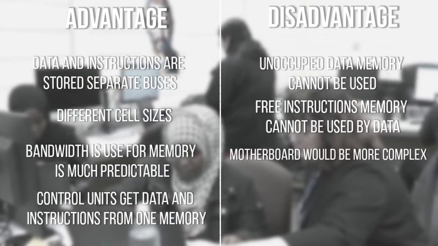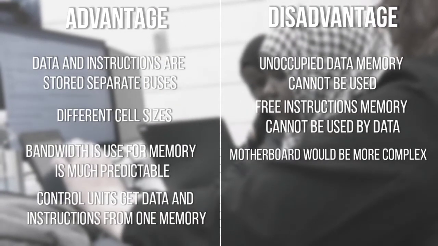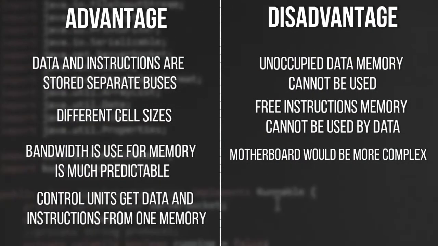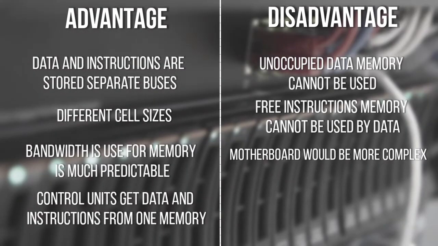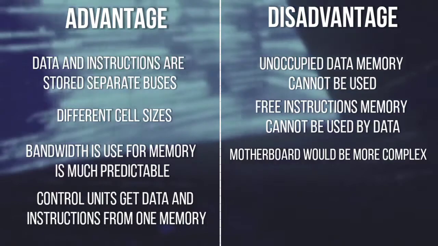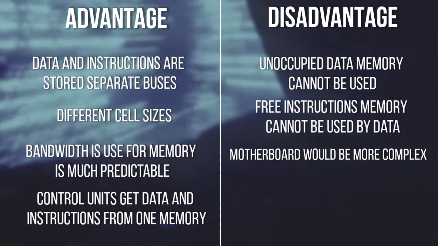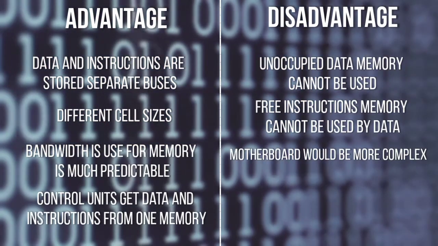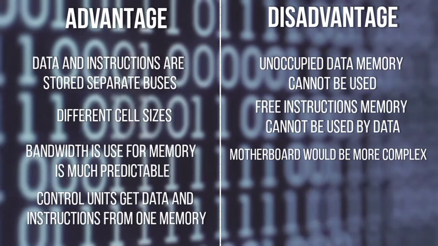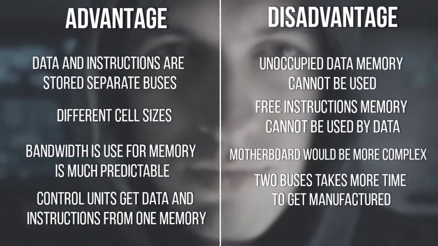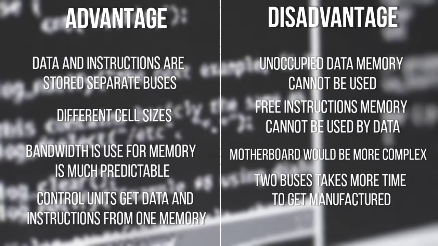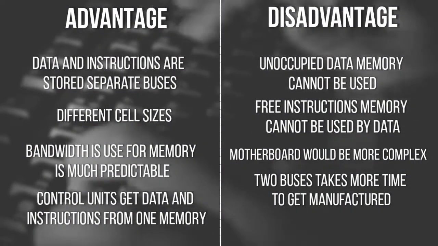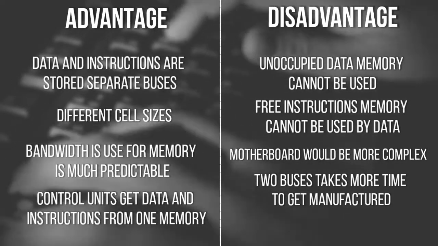There are two buses in the architecture, which in a way means that the motherboard would be more complex, which in turn means that there would be two ROMs and thus a very complex control unit design. Production of a computer with two buses takes more time to manufacture and is again on the expensive side, like